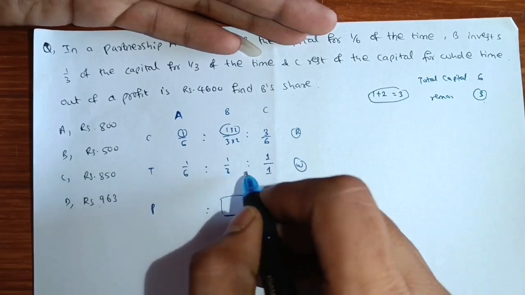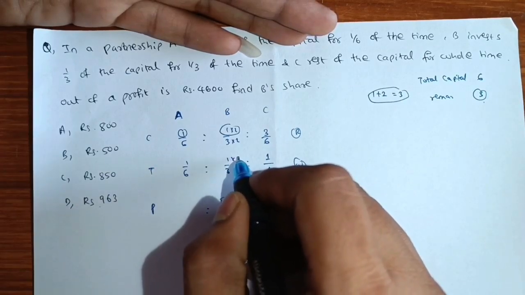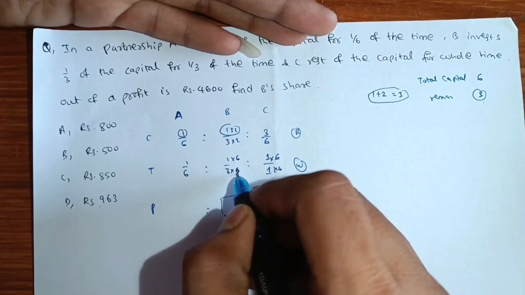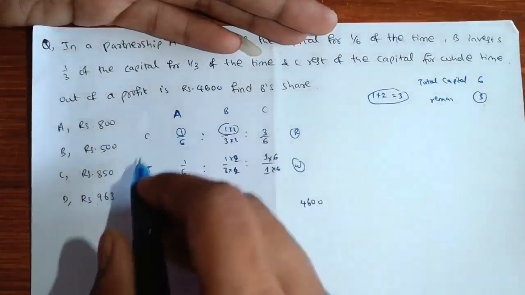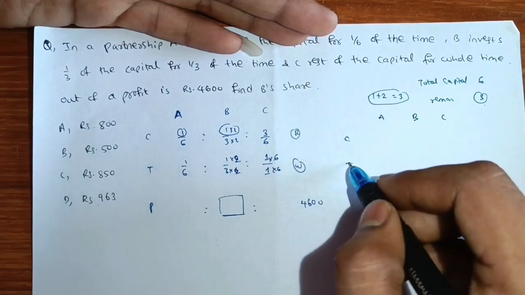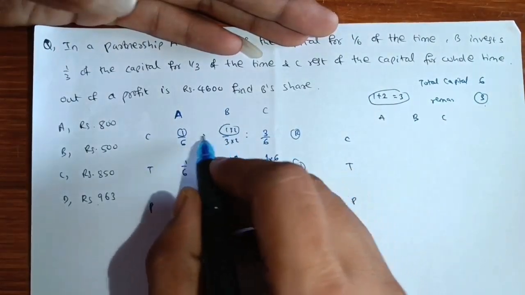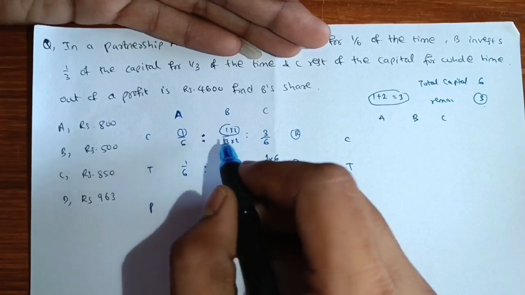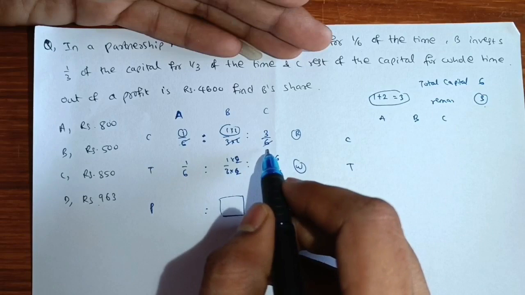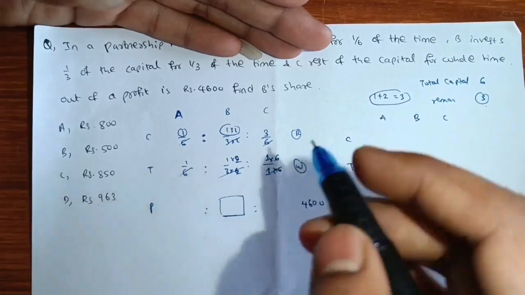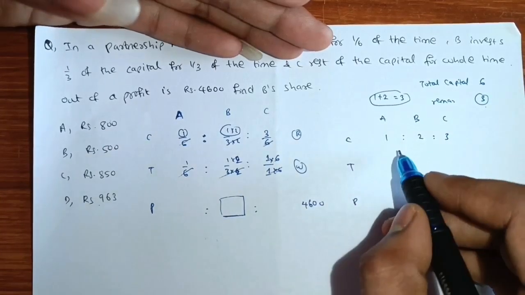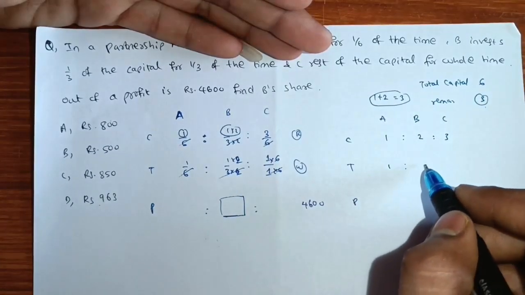So if we perform 6 and 3 LCM, then we are going to get 6 as the LCM only. So in order to become 6 here, we are multiplying the numerator and denominator with 6. Here also same with 6. Sorry, here 2, here also 2. So if we rewrite this, here I am rewriting A, B, C, D and P. So it is a ratio, means we are canceling out the whole denominators because we made the denominators equal. Here also same. So we are left over with 1 here, here 2, here 3, again here 1, here